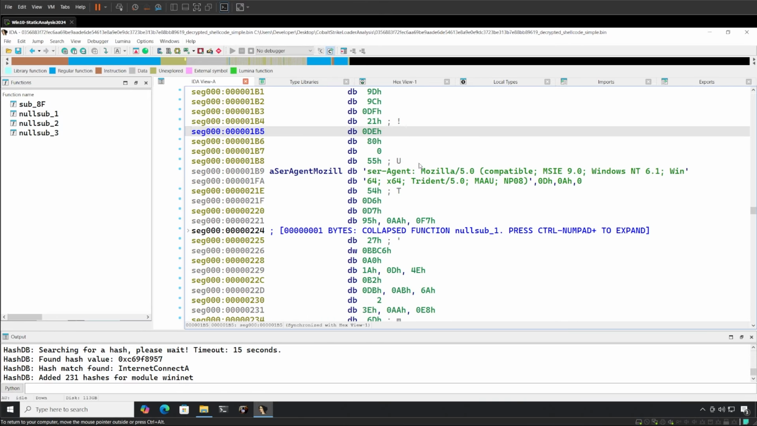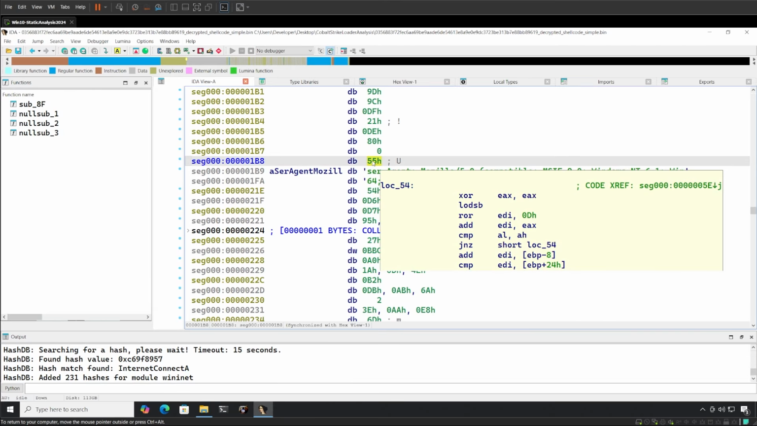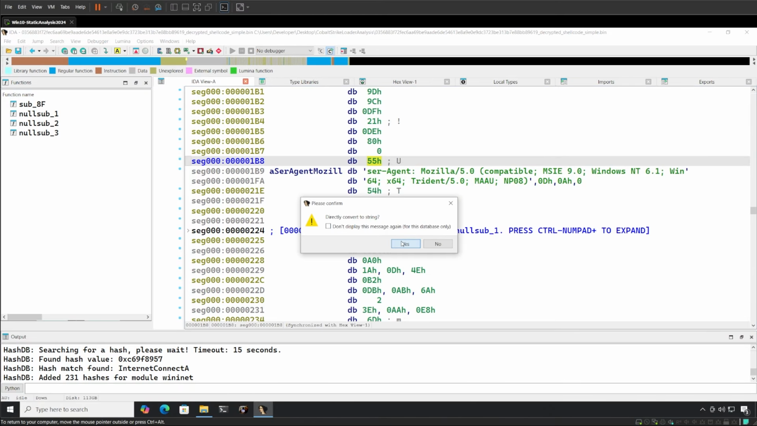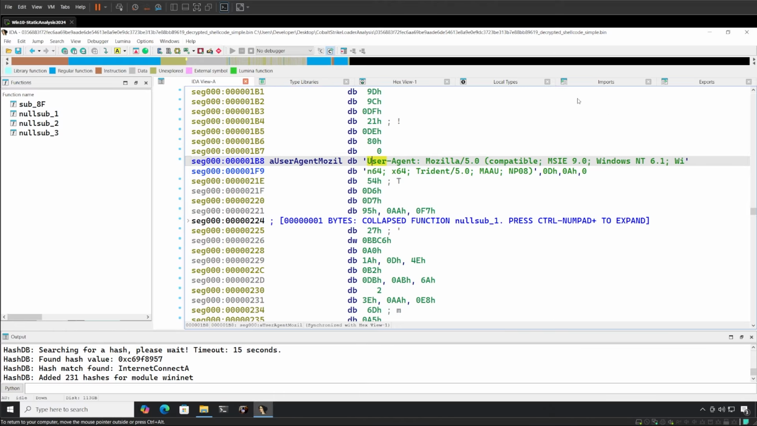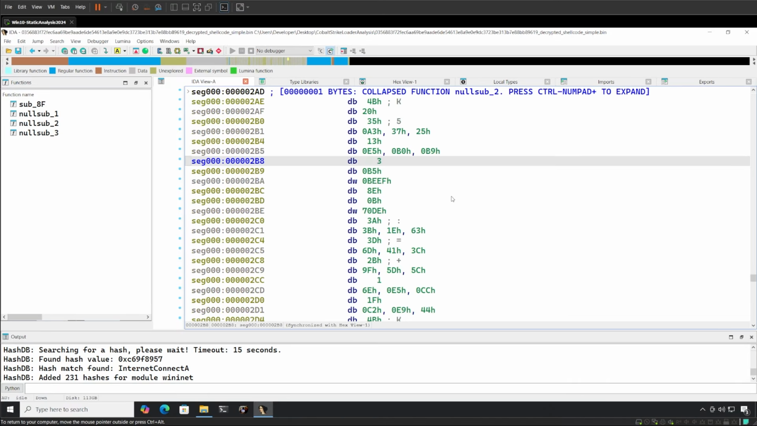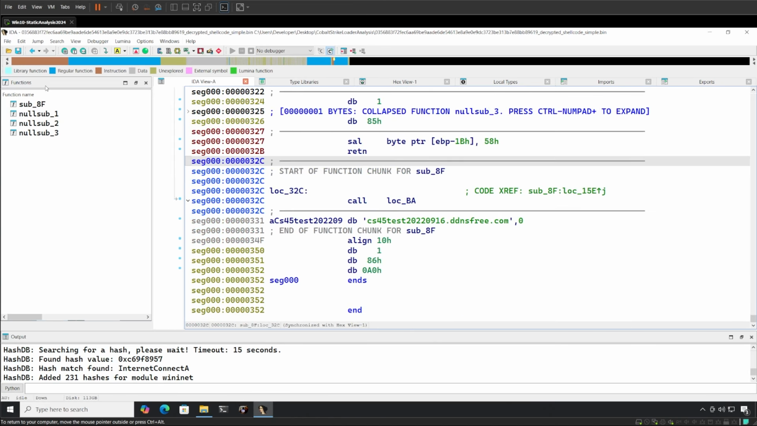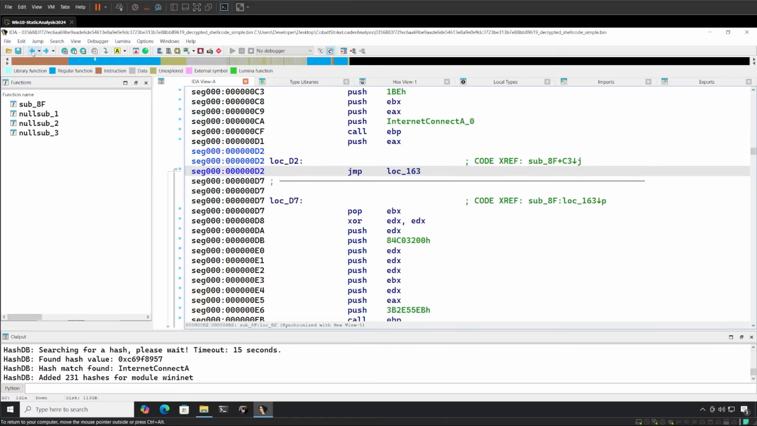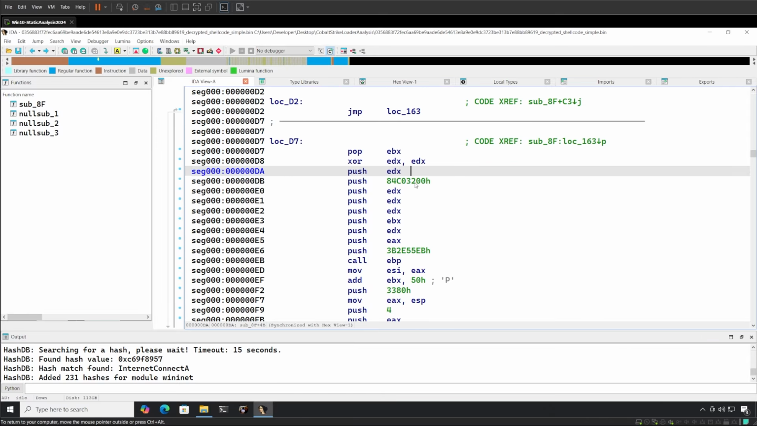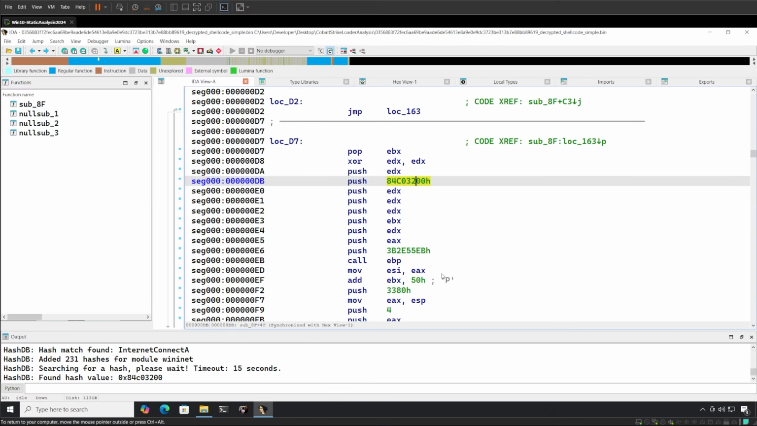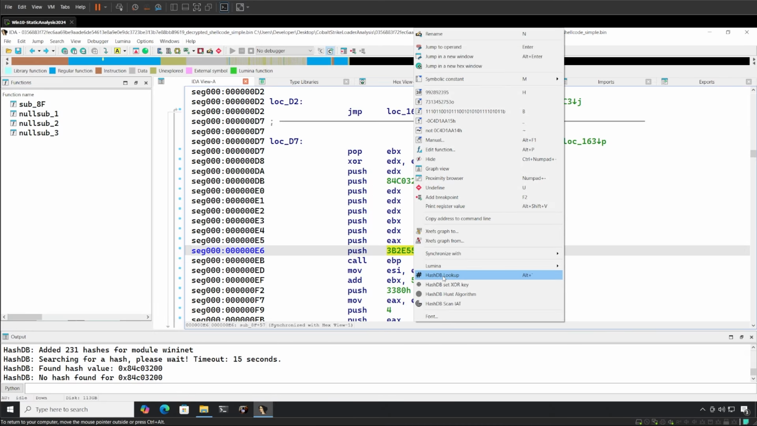If we go back to our data section, we can see some more interesting strings here as well. So if I press A here, convert this to string, we can see that this is a user agent string being used. And obviously if we go down further, we will see our URL. Okay, so let's go back and let's resolve the other APIs as well. This is not an API. This is most probably some parameters being passed for an API call. So this would be an API call,